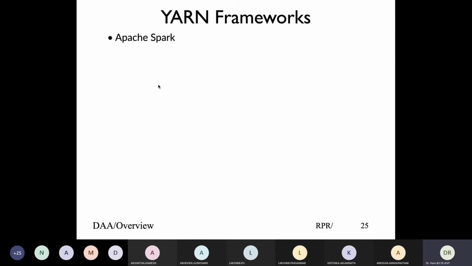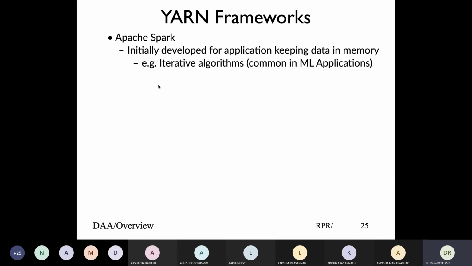The next framework would be Apache Spark. It basically runs keeping data in memory. If you look at MapReduce, from mapper to reducer, the reducer always outputs data into a file. We create an output directory there, whereas we would like to keep data in memory for further processing. So Apache Spark works with applications that keep data in memory, because anytime you write onto disk, the IO hurts performance.